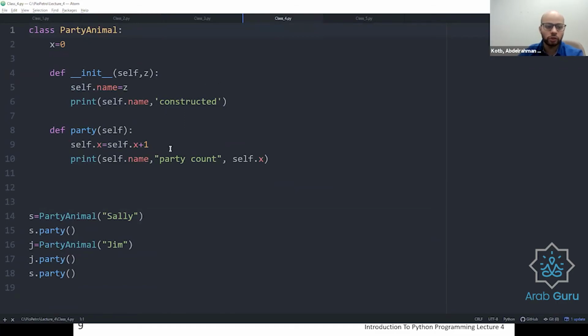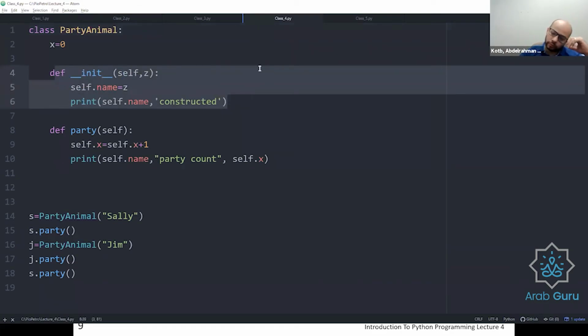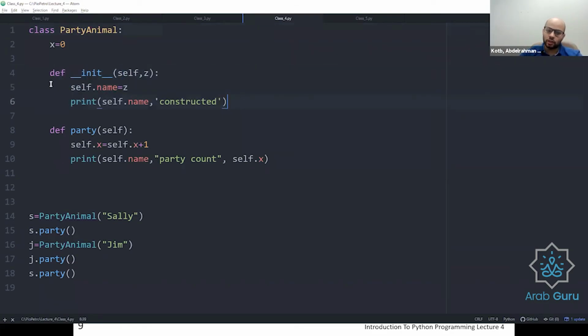Okay, so now let's teach you another feature of classes, which is adding parameters, or adding variables to your class. Whenever you want to add any variable, it's going to be within the init. So within the initiation of the class, you're going to add the variable.